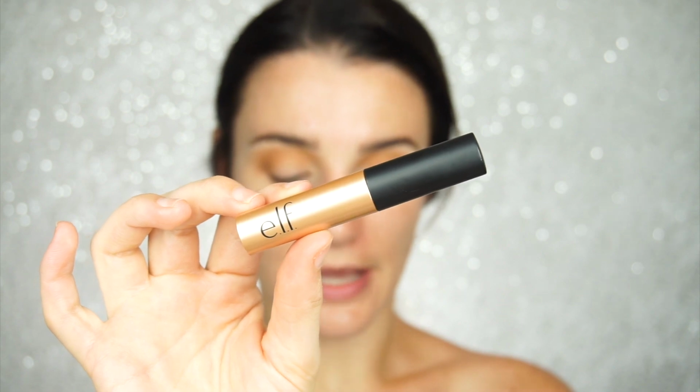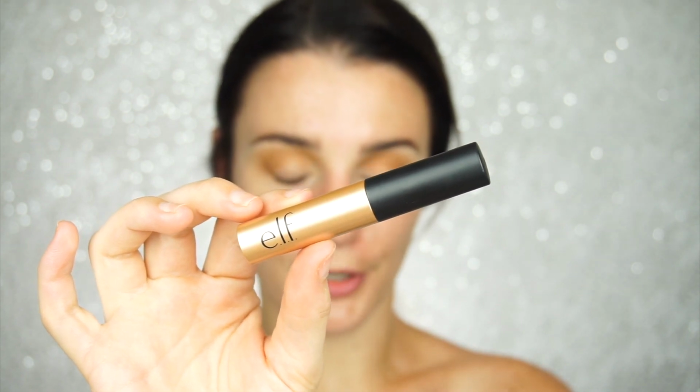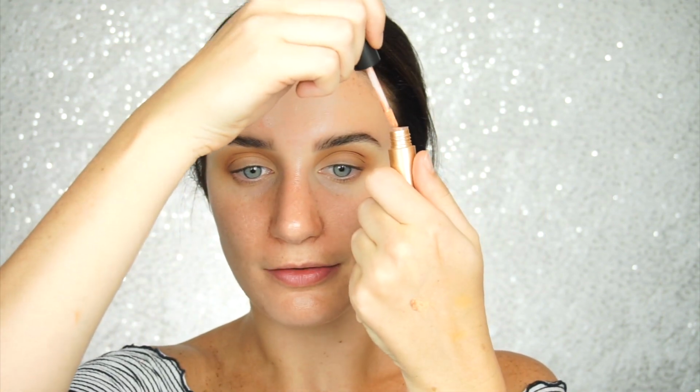Next, I'm going to take this e.l.f. Matte to Metal Eye Primer. And again, I'm going to start by just dispersing the product on the back of my hand. And that's where I'm going to pick it up from. I'm going to take a MAC 242 brush and just apply it on one side. I'm going to stick it into the inner corner